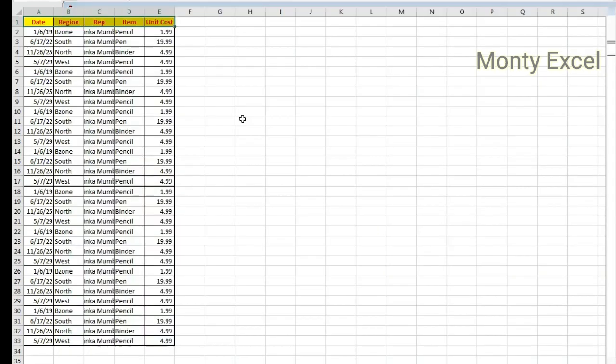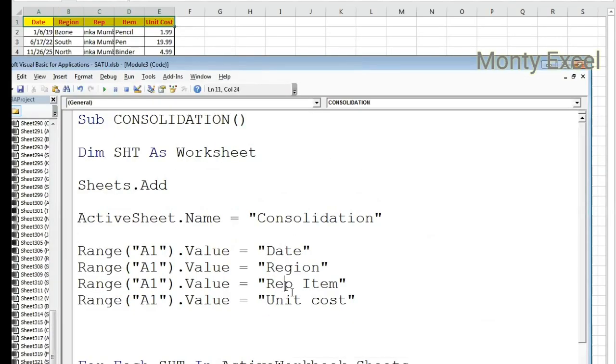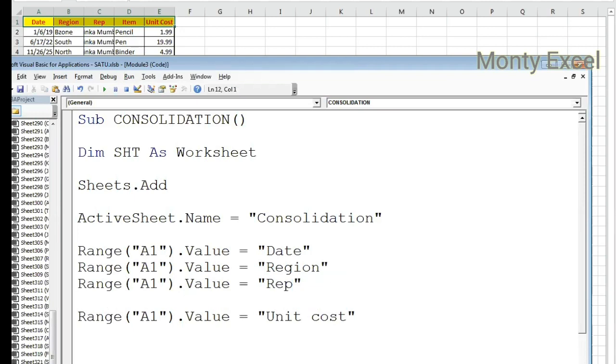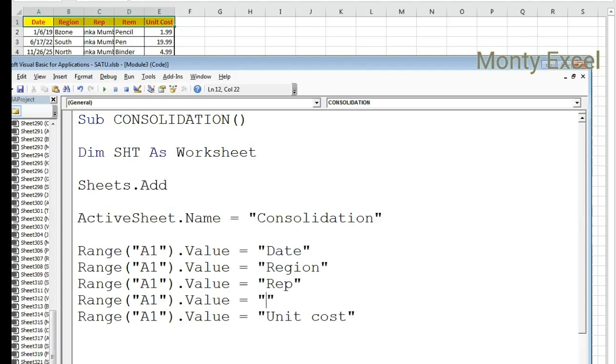Okay, I have all the columns now. We have a date, we have a region, we have a rep, and this is unit, item. That means Range, item here. So what I did, simple smart work, is I created a brand new sheet